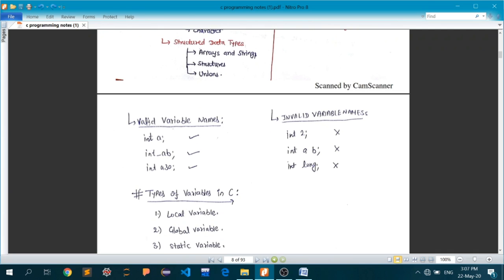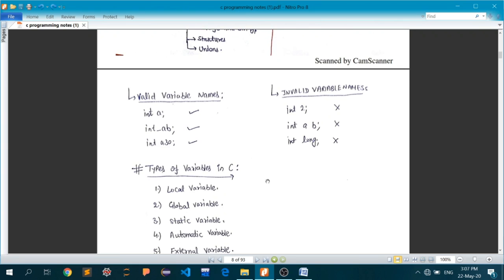We have already seen these examples. In the first lecture, I have already shown you in the code how to declare a variable. All you have to do is type the data type, then a space, and then the name of the variable. And if you want to initialize the variable with a value, you can do that with the assignment operator, that is equal to, not equal to but the assignment operator, and at the end you place a semicolon. Okay, so I think you have got the idea.